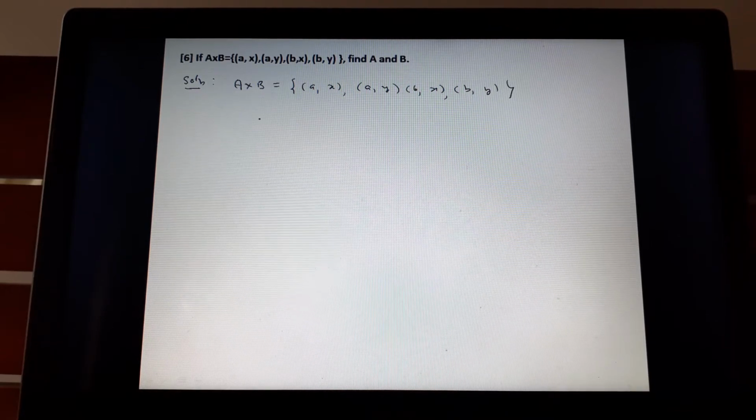Now if you closely look here, a is the first element, therefore it should be in A. Here a is already repeated. b is also a first element, so b should be in A. So definitely A should be {a, b}. Then what is B? Same thing. Second element is x, so I write it here. Second element here is y, I write that. These two are already repeated. Then you can check whether you have left anything. Total number of elements here is 4, number of elements in A is 2, in B is 2, 2 into 2, 4. So we have taken all, so this is the answer.